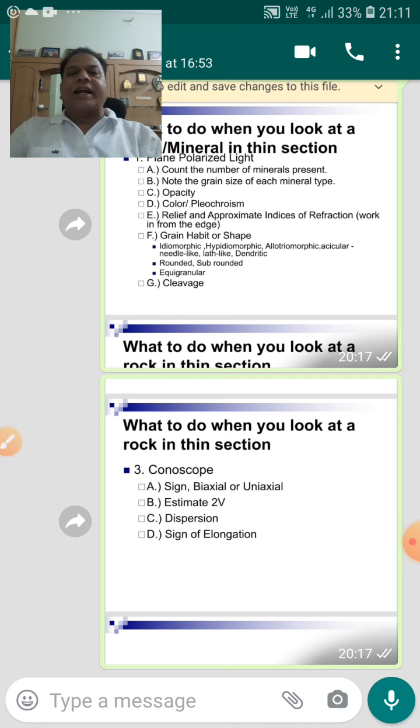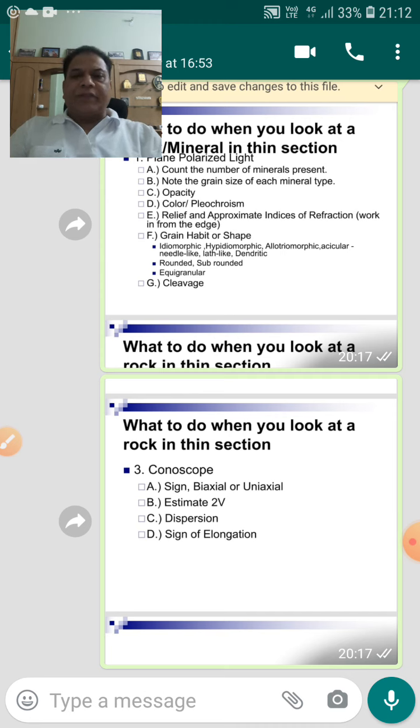The felsic minerals are light colored, they have low relief, and they are the minerals of the silica group and feldspar group. Whereas minerals of the mica group, amphibole group, pyroxene group and olivine group, these silicate minerals are dark colored minerals, they are the mafic minerals. So once you see color under plain polarized light, naturally they will show some color. Once a mineral shows some color, take it that it is some mafic mineral. But once a mineral is light colored or colorless, take for granted it is some felsic mineral.